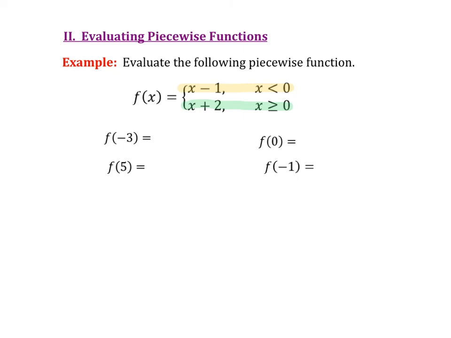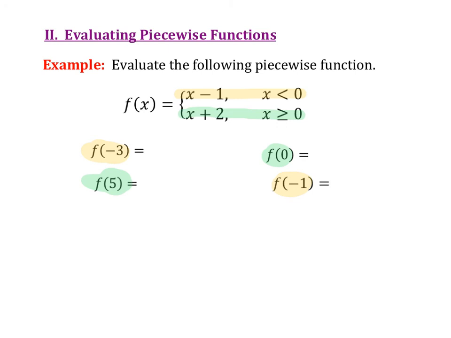Let's see. I'm going to go through and figure out anything that has x is less than 0. So any negatives, I'm going to highlight those in yellow. So this one is going to follow the yellow rule. This one would be the yellow rule. And then anything that has an x value of 0 or bigger will be green. So I'll color code. This would be green. This would be green. All right, so for the first one,